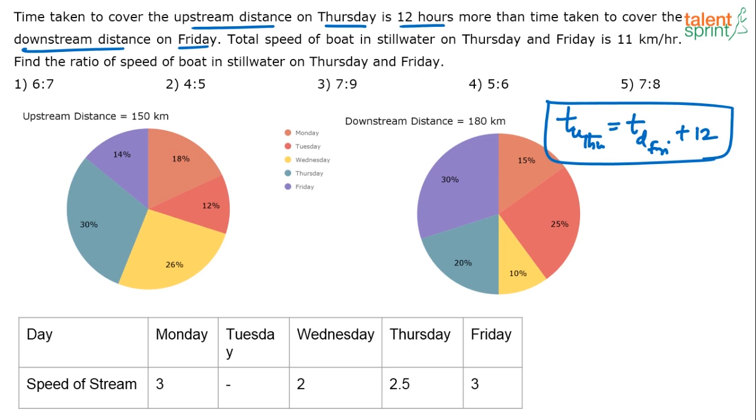Time taken to cover the upstream distance on Thursday is 12 hours more than the time taken to cover the downstream distance on Friday. Now the total speed of the boat in still water on Thursday and Friday is 11 kilometers per hour. So basically speed of the boat on Thursday plus speed of the boat on Friday is 11 kilometers per hour. He is asking us to get the ratio of the speed of the boat on Thursday and Friday. So you know how to frame this equation, right? You can work on this equation to get the answer, because Thursday's stream speed is 2.5. Thursday's distances are also known to us. 30% of 150, 45, and 20% of 180, 36. So all the values are given. You can easily find out the speed of the boat on Thursday or the speed of the boat on Friday